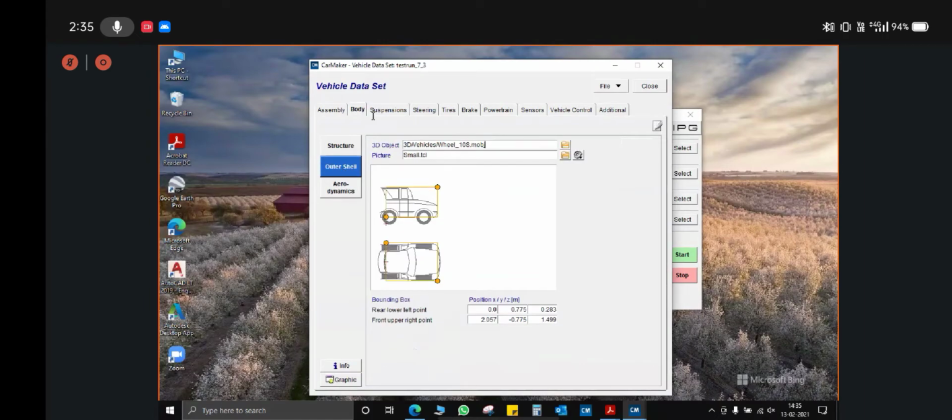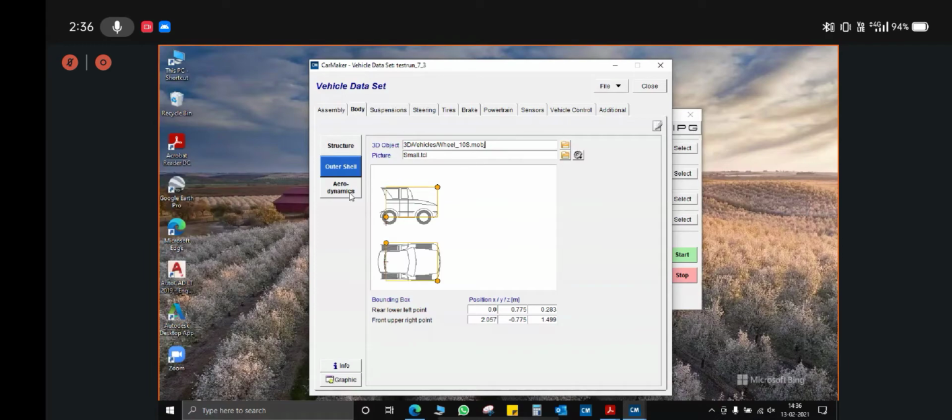The outer shell, the .obj part, Vasant has already explained properly, so I won't go into it here. This is particularly for visualization, and you can create your .obj file with any 3D visualization tools or software. Also, we have mentioned a link in the IPG CarMaker guidelines for creating a .obj file of the vehicle from a CAD model. So you can refer to that video, or you can also refer to any resources via the internet.